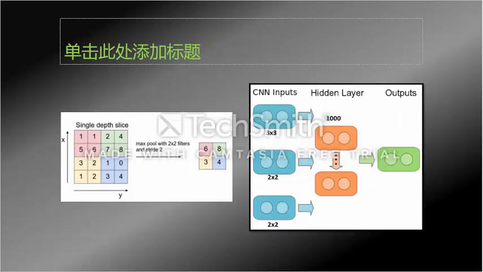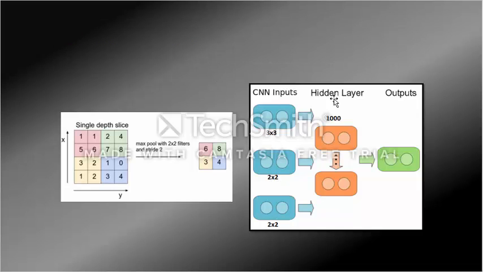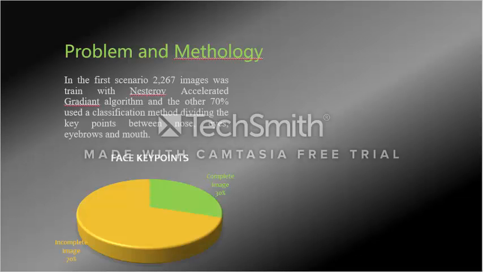Here you can see a picture of how we're going to use pooling. In this case, we're going to have 3 convolution networks, 3 times 3, 2 times 2, 2 times 2, and a hidden layer of 2 layers of 1,000 nodes. We can change it, but we decided to go with 1,000 nodes because it worked fine. We tried with 500. It was too slow, so it didn't train too much, so we decided 1,000 was quite good. And we're going to get our results.